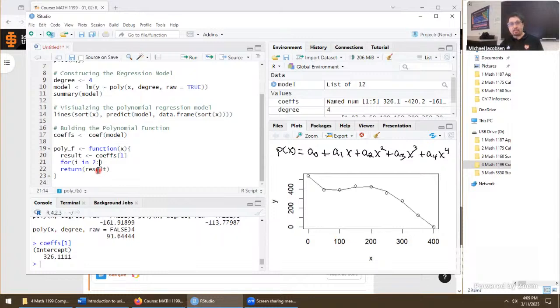The colon says we're going to increase by 1 integer. So we'll go to coefficient 3, coefficient 4, until you sweep through all of the coefficients. That means we need to end at degree plus 1. But let's wrap that around even more parentheses to be really specific. This is how the for loop is going to be indexed. It'll be indexed on I, starting at 2 and going up to 5 altogether, because there's really 5 coefficients.